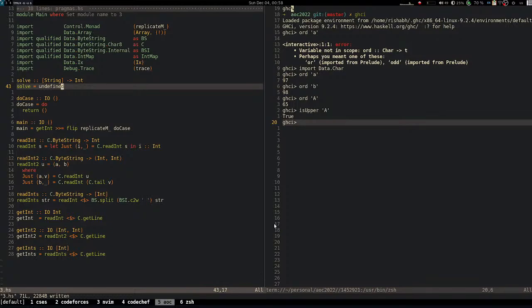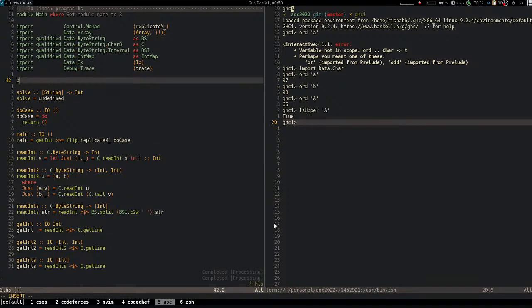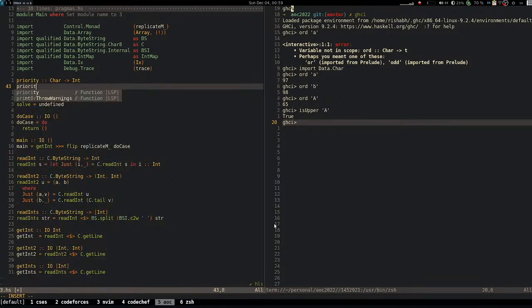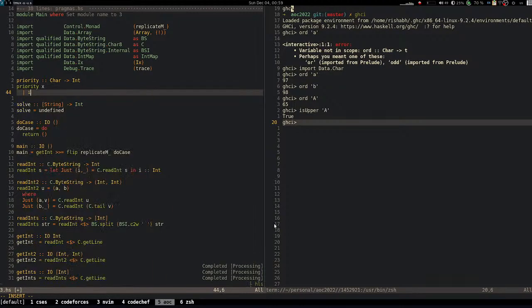So I can have priority, such that it takes a Char and returns an Int, and priority of x is, if it is lower,